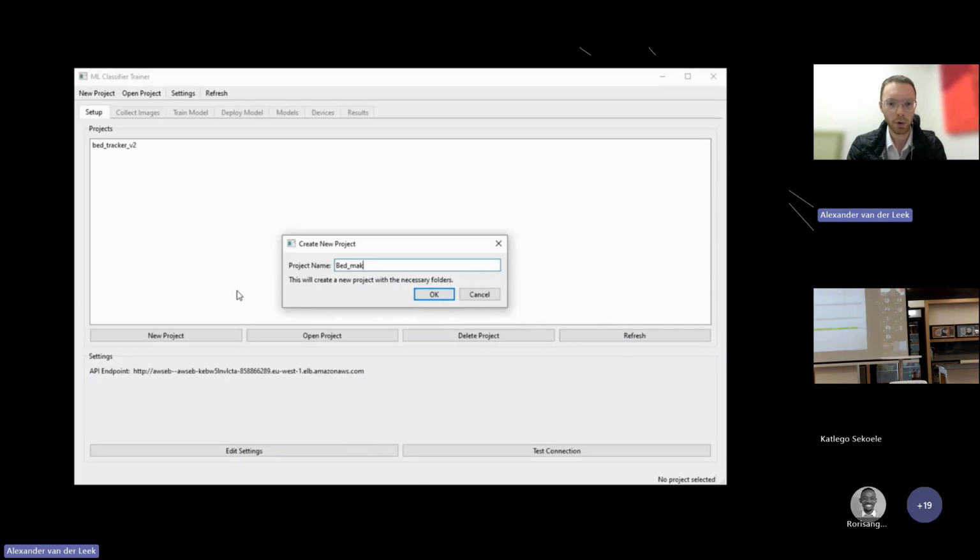They then go ahead and upload their positive and negative photos. So 100 of each of the bed in a made state and the bed in an unmade state. They can then go ahead and train the model. So here we just use the default parameters for the application. It will train that model. And then once this training is complete,